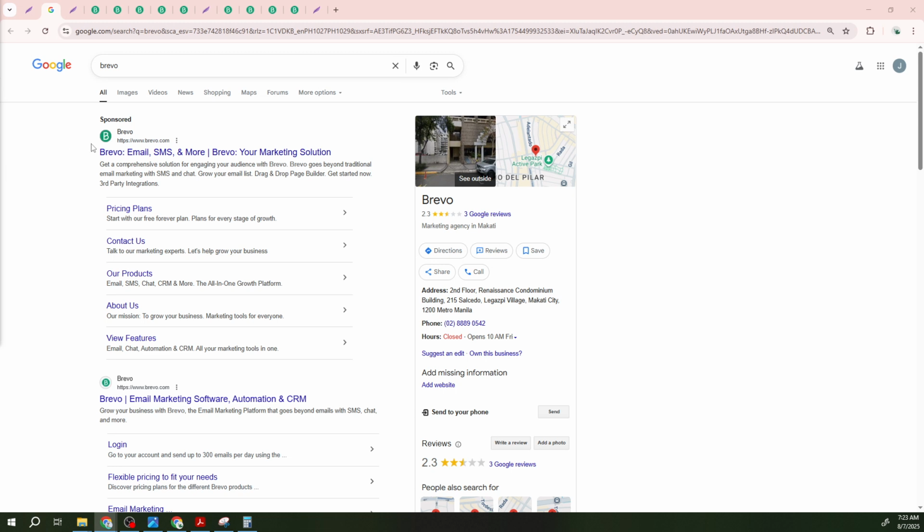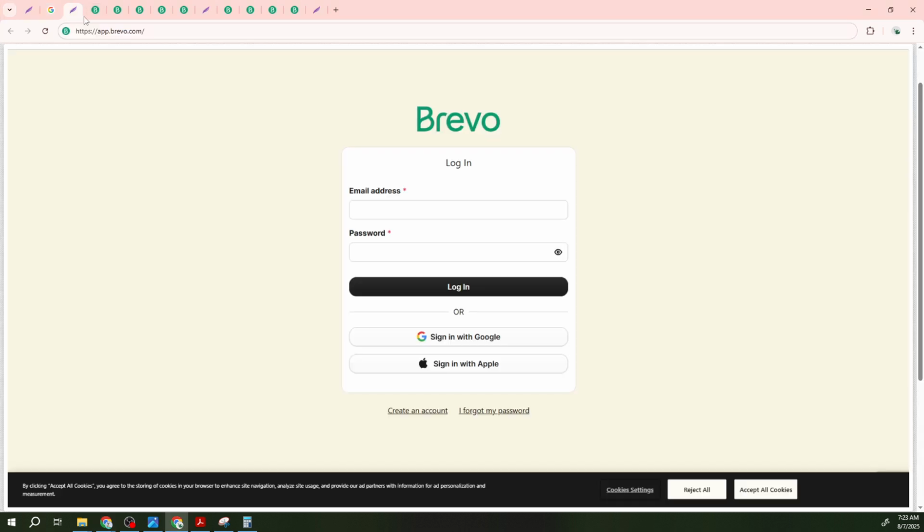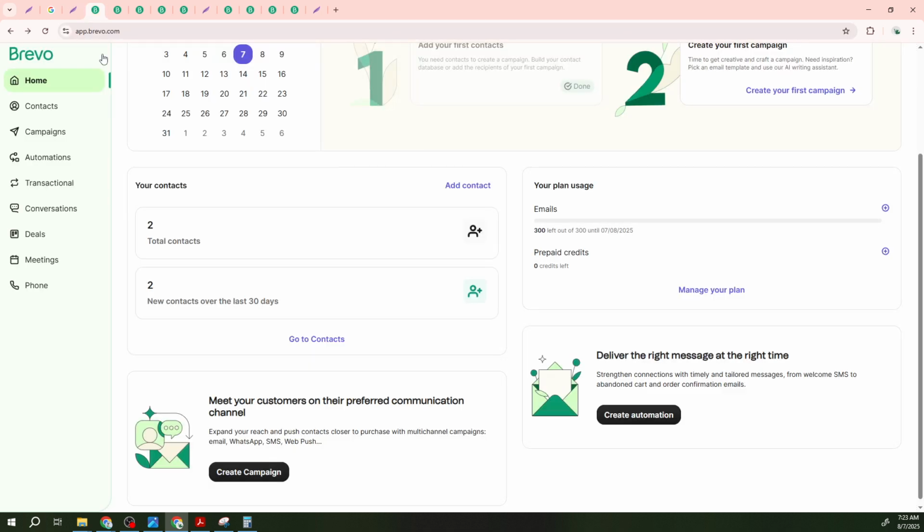First, fire up your web browser and navigate over to Brevo's homepage. If you haven't already done so, click the Login button that's usually found at the top right corner of the screen. Enter your username and password to access your account. Once you're logged in, you'll find yourself on the dashboard, which serves as the control center for all your Brevo